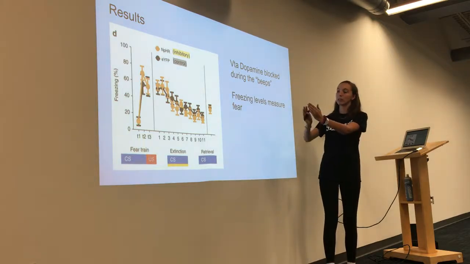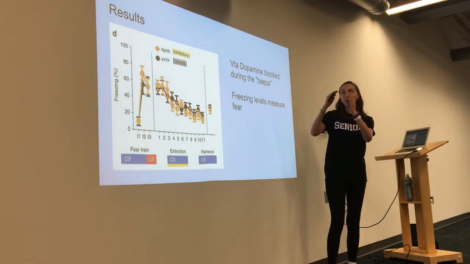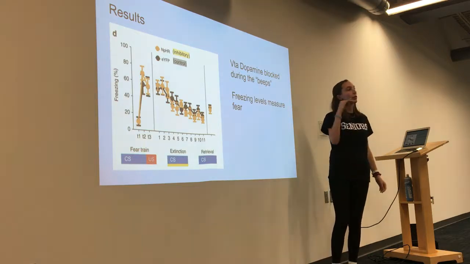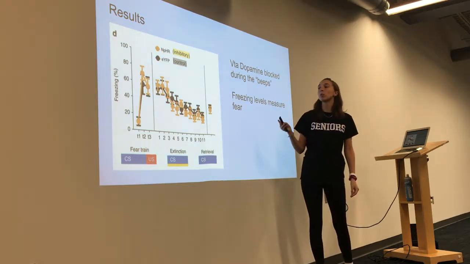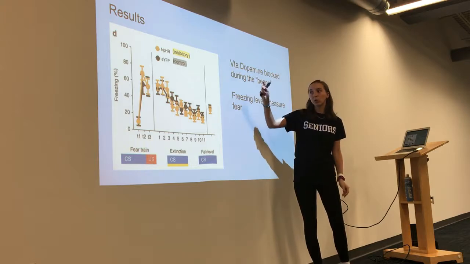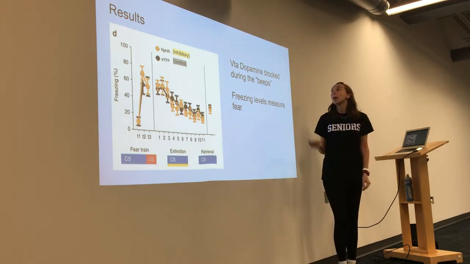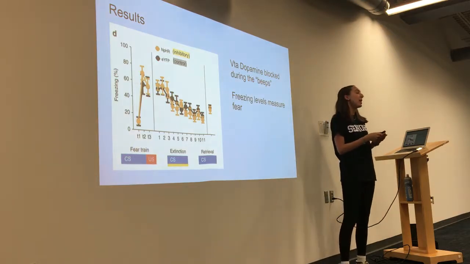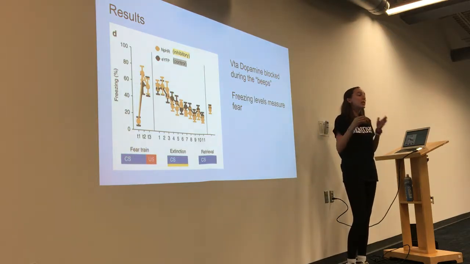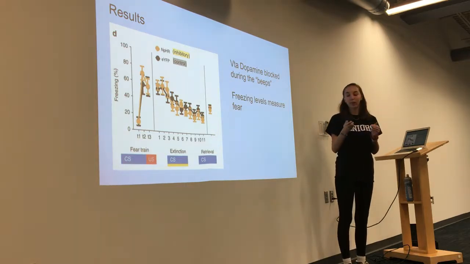And then you can see in the extinction phase, when the freezing levels are going down and therefore the fear is going down, there's actually no significant difference between the inhibitory group and the control group, which just means that as far as they can tell from this study, dopamine does not play a major role in the fear extinction process, specifically during the beep or the conditioned stimulus phase. However,